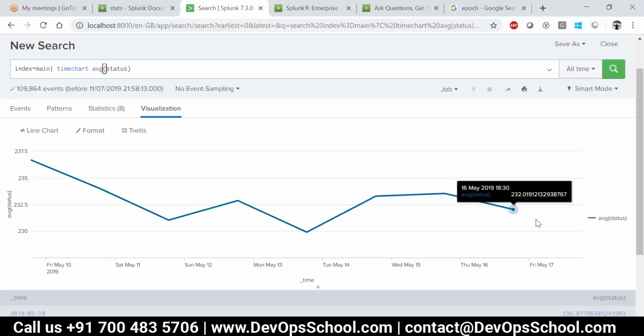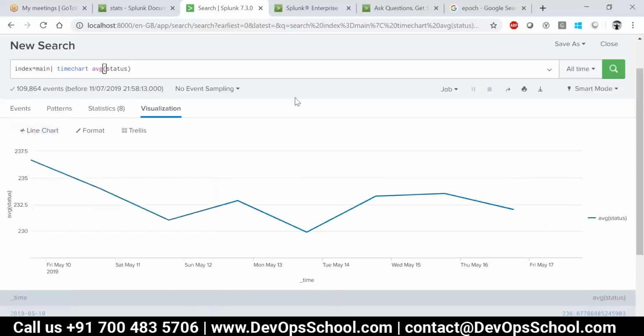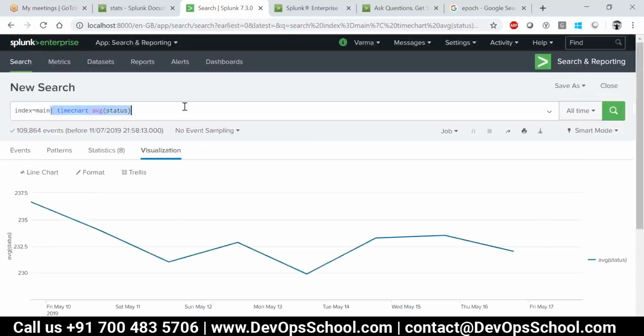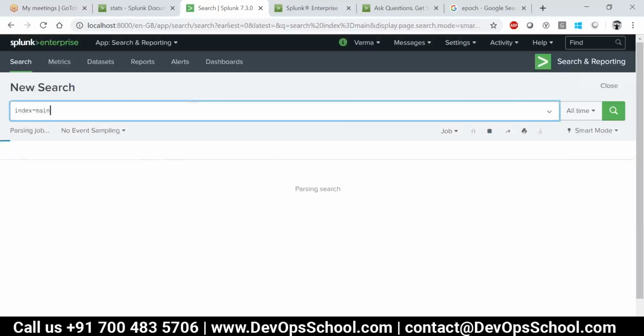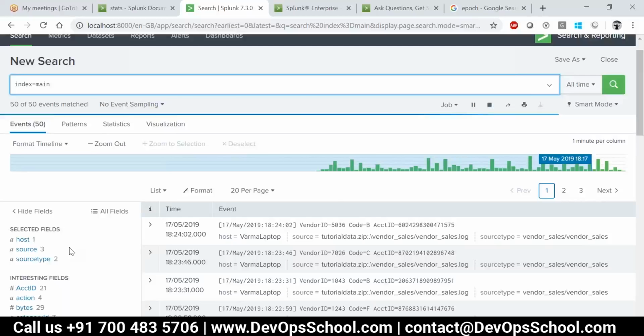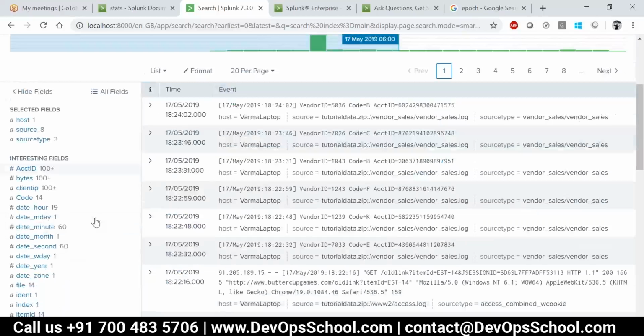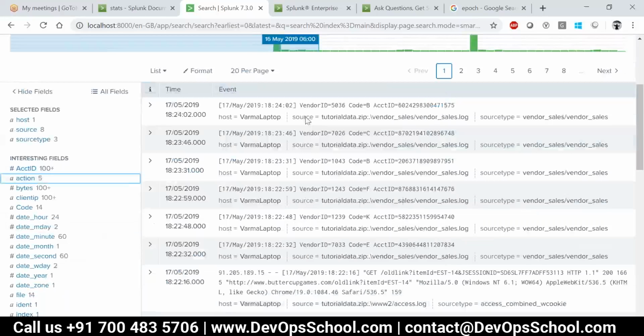So by finding out which chart represents a good value for us, through that we will take that data. Again, I am going back to my total data, and you might have observed in the fields,